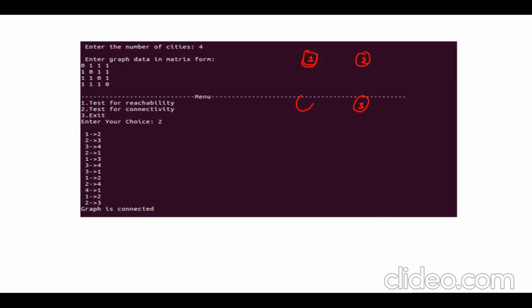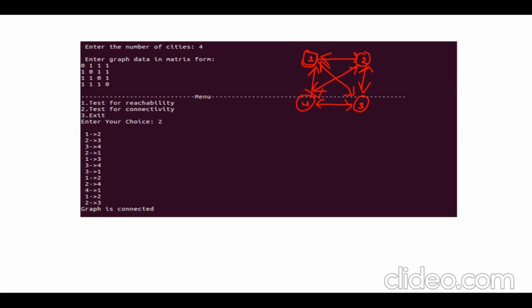Here 1 to 2 there is an edge, 1 to 3 there is an edge, 1 to 4 there is an edge, 2 to 1 there is an edge, 2 to 4 there is an edge, 2 to 3 there is an edge, 3 to 1 there is an edge, 3 to 2 there is an edge, 3 to 3 no, 3 to 4 there is an edge. Similarly 4 to 1, 4 to 2 and then 4 to 3. That is what is shown in the graph form and in the adjacency matrix form.